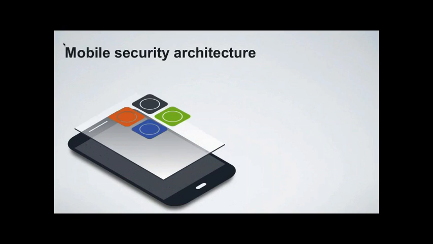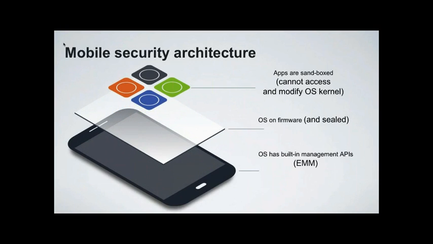The architecture around mobility really is worth talking about as well. Successful mobility, and successful enterprises using mobility, really is based on these three areas, or this is certainly one concept. Apps are sandboxed on most devices. They cannot access the OS underneath, or the OS kernel. A number of APIs are published, and software integrates into those APIs or uses the APIs to drive itself. The OS firmware is separated off from that layer and is sealed.